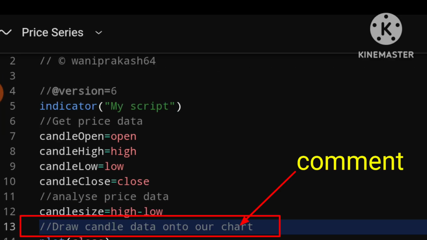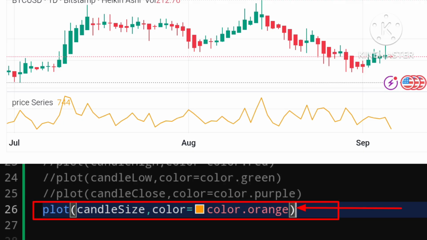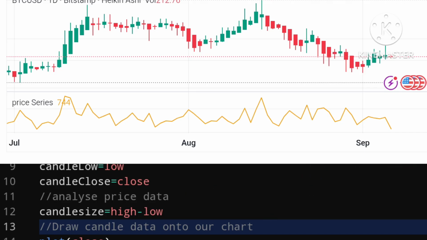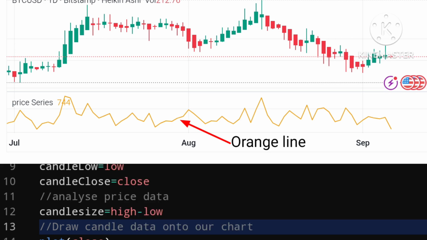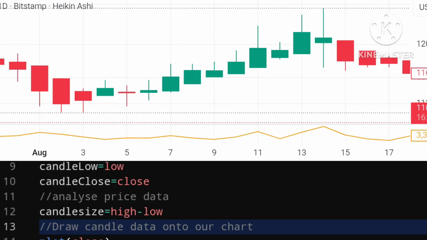And let us plot this onto our chart as well. So we will call this candle size. We will set this to the color dot orange. And in fact, let us comment out all of our open, high, low, close, because we don't really need to see that data on our chart. Save the script. Should be getting an orange line drawing here now, which is showing the candle size in points or pips in this case. So right now, as I hover over the last bar on my chart here, our candle size is 6.9 pips.